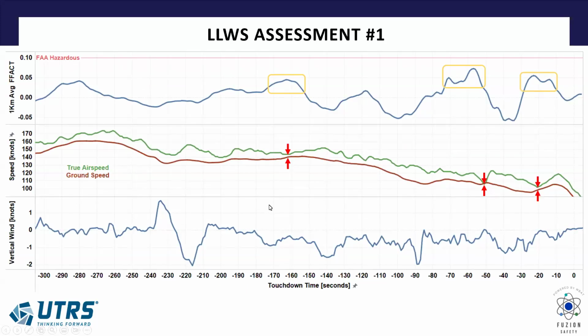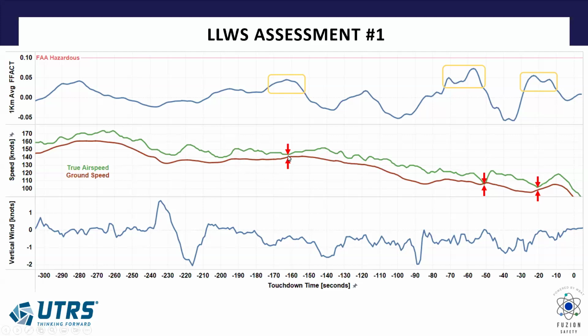So here's an approach. Touchdown time in seconds. So the last 5 minutes of the flight. This is the vertical wind, the one I was talking about that we derived. It's not recorded, but we came up with the equation for it, so it helps us. And if you look at ground speed and true airspeed, the gap in between the two is headwind. And we can also detect it because your aircraft record the wind. So we corroborated that with those values as well. But as far as seeing what the difference is and how they're changing, I thought that this is a good way to see it.